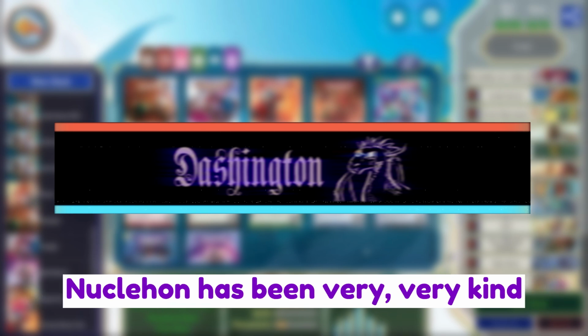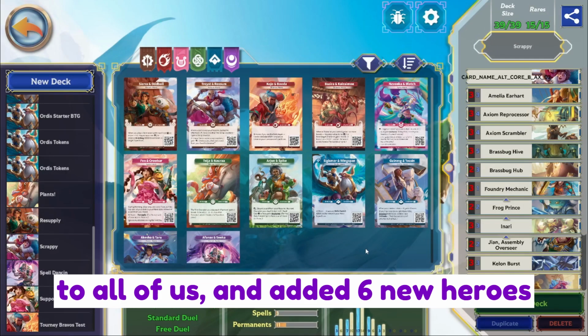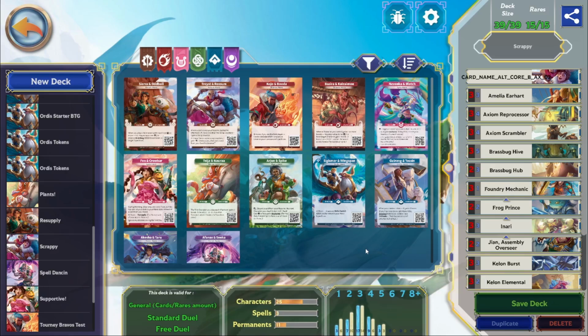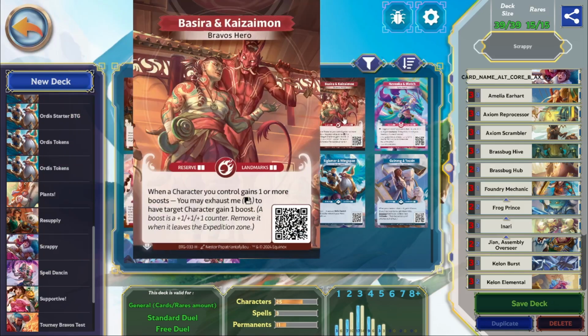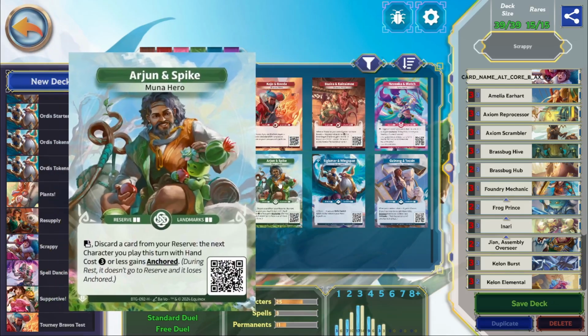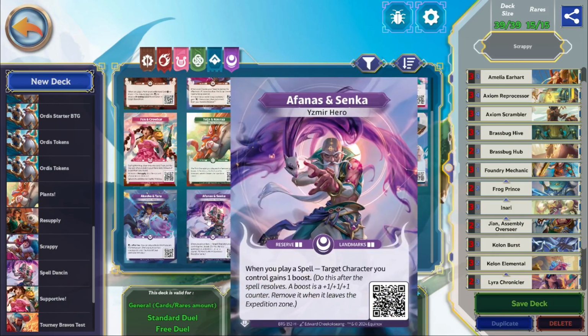Nuclehon has been very kind to all of us and added 6 new heroes to the ExAltered beta client. So this is 0.8.0 M2, basically meaning that it's the second version of 0.8.0, and it's getting ready to be released into official soon, but today, it's just awesome. We got 6 new heroes to deck build with, and so you can expect a video from all of them. We have Trac and Rossom, Basira and Kaizaimon, Fen and Crowbar, Arjun and Spike, Golrang and Toxin, and finally Afanas